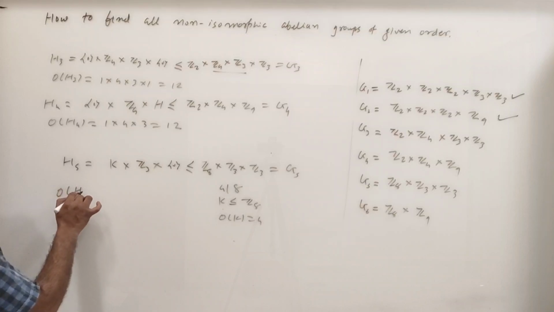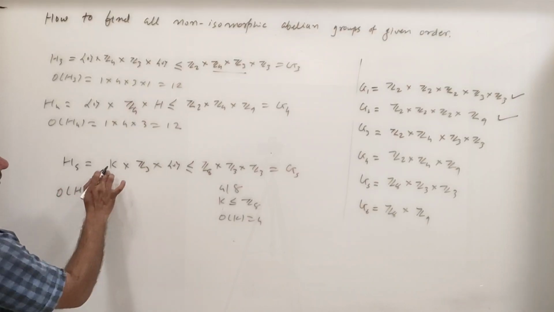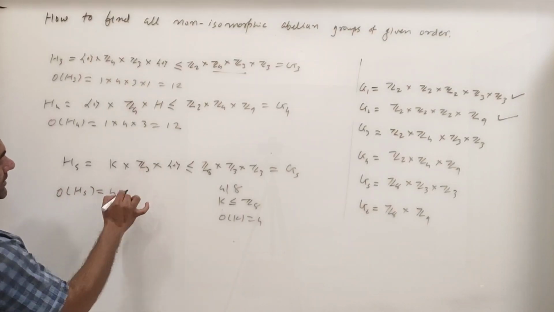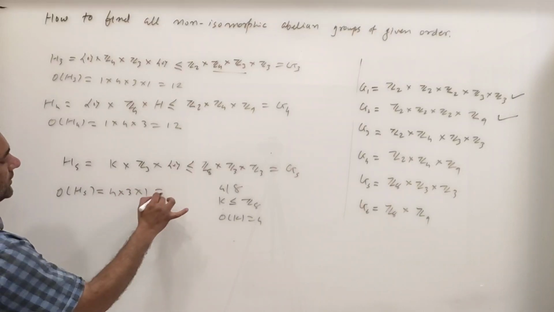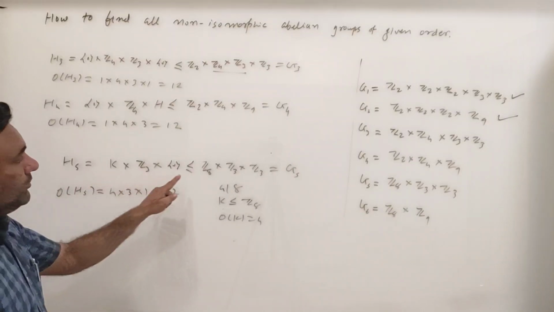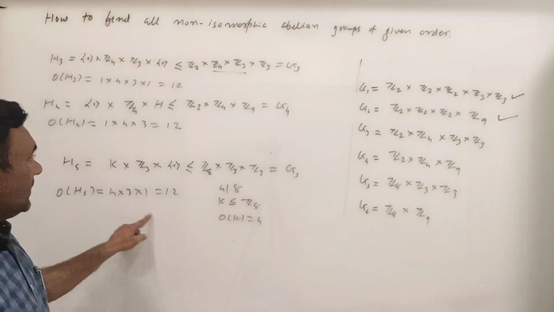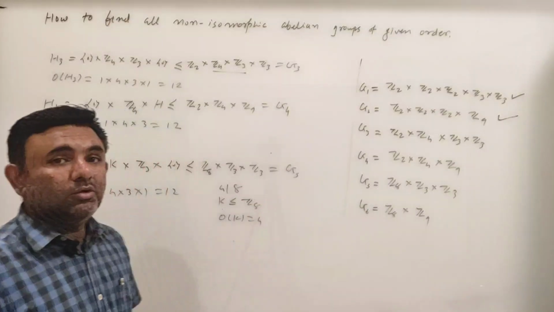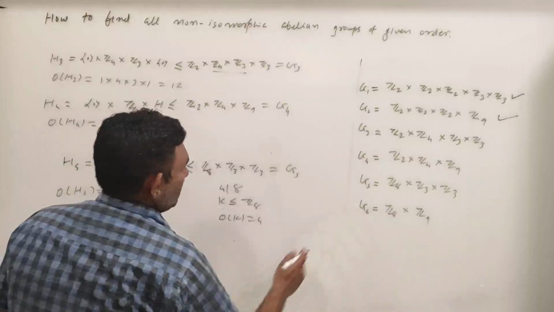So what is order of H5? It is the order of K, that is 4, order of Z3 it is 3 and order of singleton 0 is 1, so it is 12. So H5 is a subgroup of G5 of order 12. मतलब G5 के पास भी 12 order का subgroup है. And finally